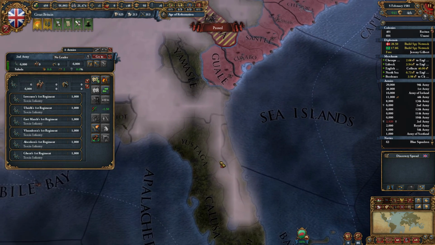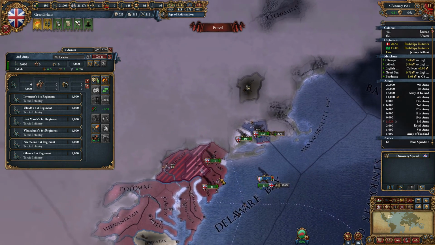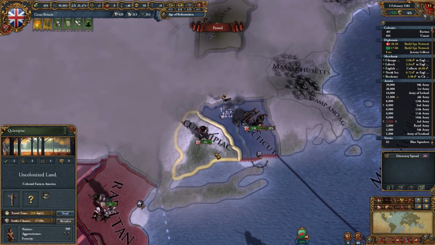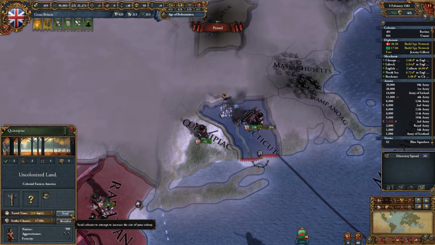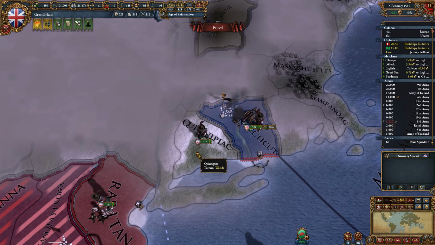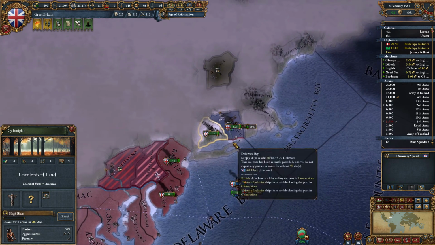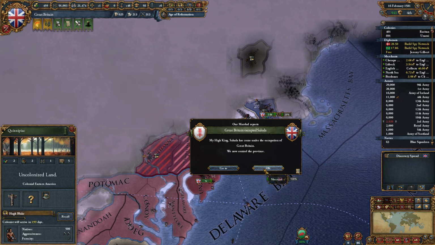All right, where do we want to try to send a colonist? Nowhere for now, I think. We'll see where we go. Probably Quinnipiac? I think that should be okay. It's a 5 development. We'll take it. And we'll see if this falls. And then see if...